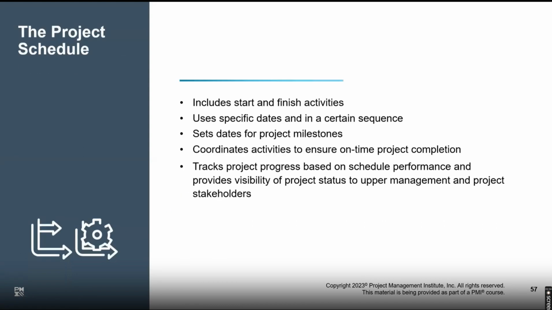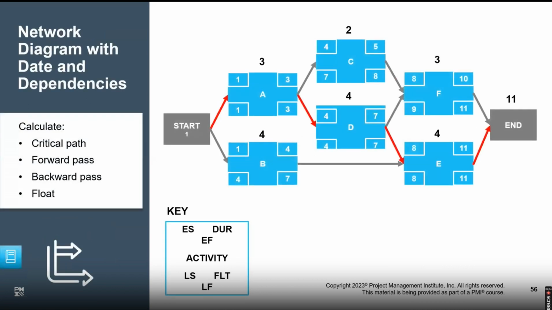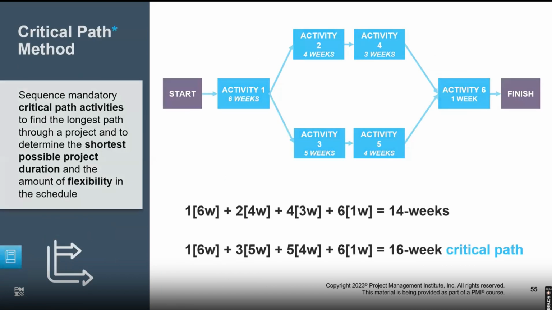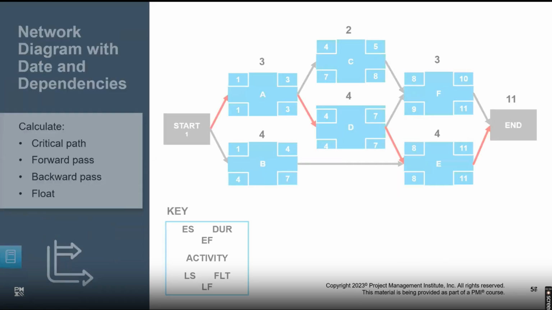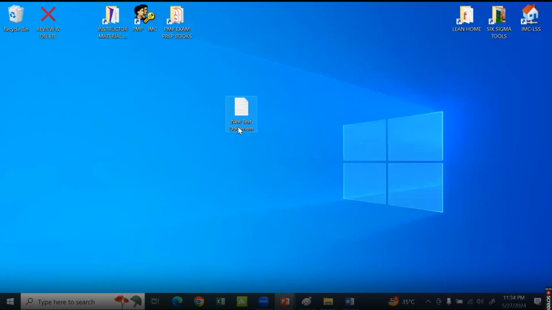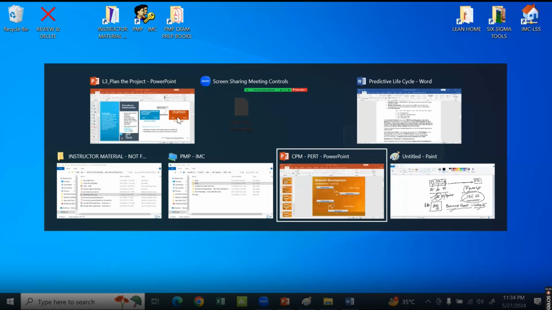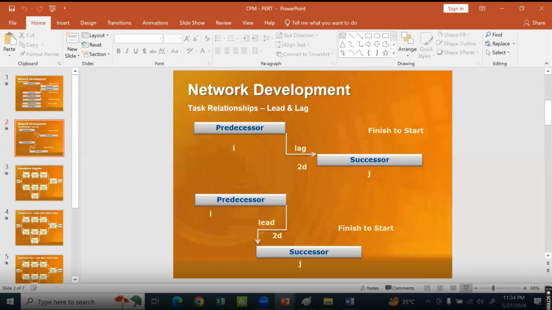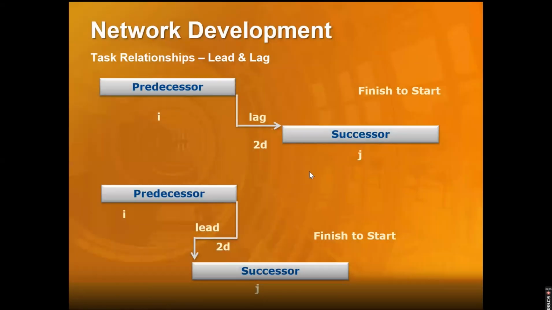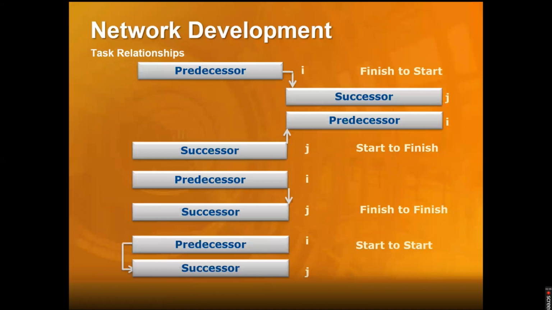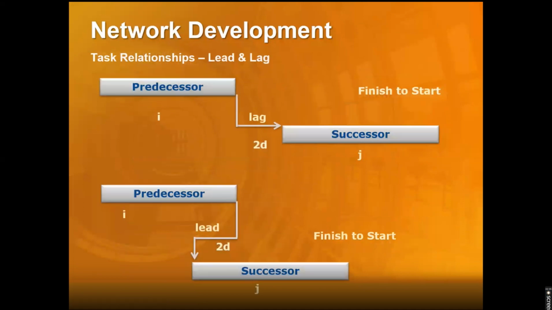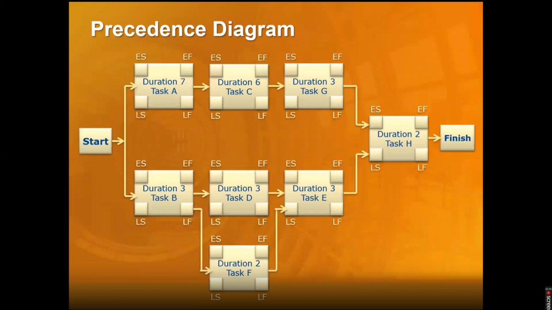So we have slide 57. We have skipped these 2 slides, which are about the network diagram, and which we will pick up in the other presentation we have here. So let's leave it here. We'll go back to this one. We talked about leads and lags. We first talked about the predecessor successor relationship. We talked about lags and leads, and now we start on how you create the critical path method,